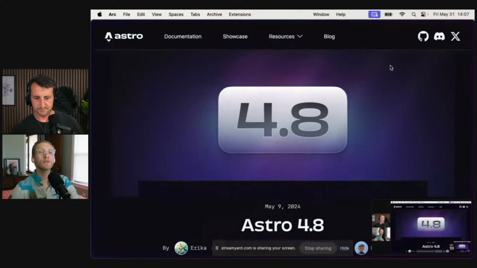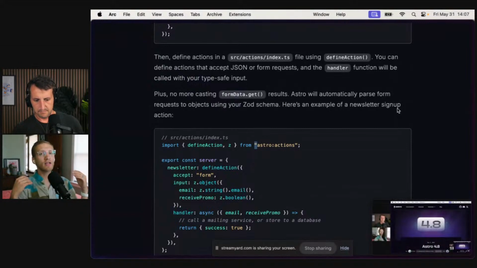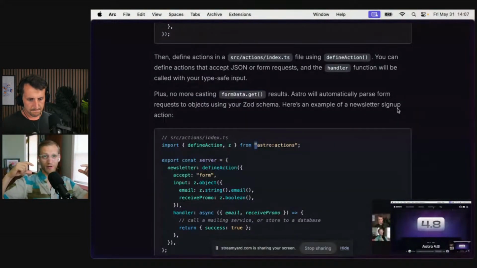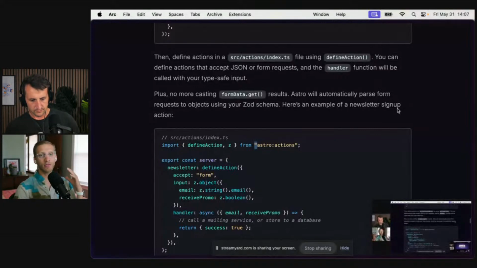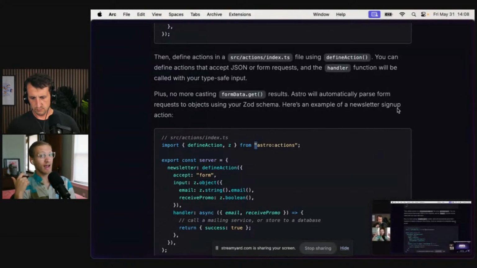Yeah, definitely. And I totally get why they used it here on forms, because forms are exactly what Zod's made for. For a form, you expect to have, I don't know, a name and an email. And sure, you only put a name and email form in front of the user, but users are smart. They're clever. They can add extra HTML elements and throw random stuff at your API. Zod is a really good way of making sure: did the user actually send a name? Did the user actually send an email? And do they look like what I expect them to look like? If not, throw an error. If so, have type safety. So Zod makes perfect sense for validating forms on the server. I totally get why they did it.